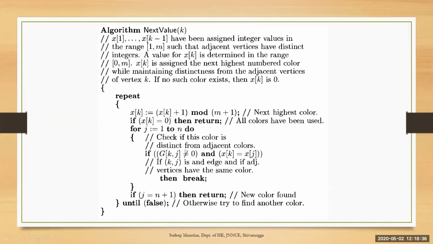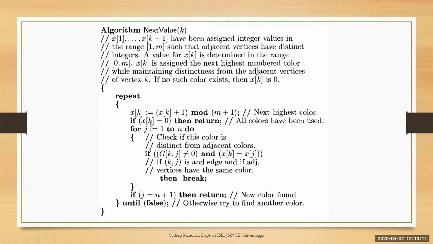So in this example, we have taken vertex number 1, and all the remaining vertices are colored with 0. Throughout this for loop, this if condition doesn't become true because it will not find a vertex with the same color, and hence j has reached n plus 1. j has reached the maximum, which tells that whatever color you have chosen for k, that is 1, is correct. You will return from this function. When you return from the function, x of k contains 1.